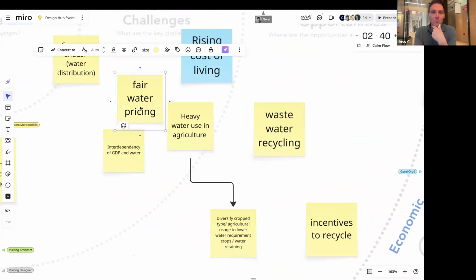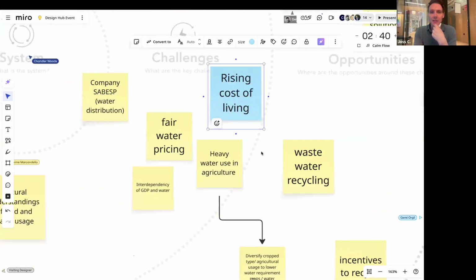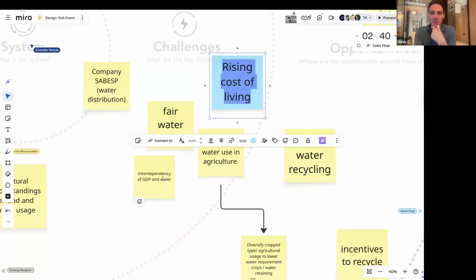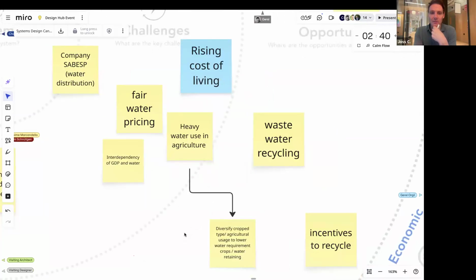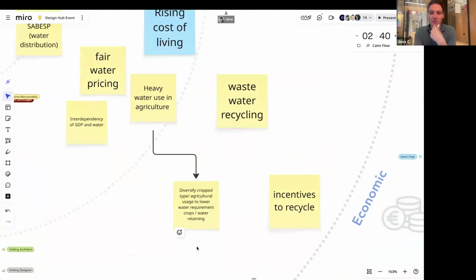So we've got fair water pricing, rising cost of living, it could be a factor affecting it, interdependency of GDP and water, heavy water usage in agriculture, and maybe more people eating meat and animal husbandry, consuming more water,